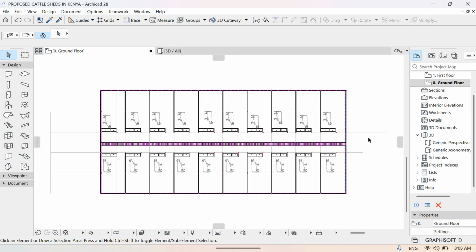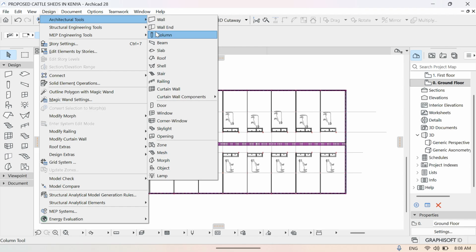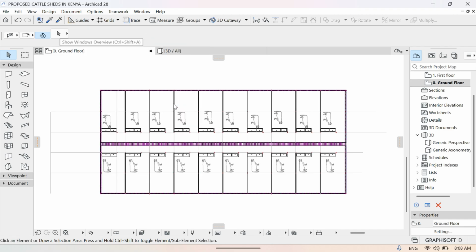That being done, we can start thinking about what we call the fenestrations, architectural fenestrations, or rather the openings. And we are gonna need two doors. We can have two entrances, or rather an entrance and an exit. We can have one here on this end and another one there. So you come to the design tool, architectural tools, come to the door tool,